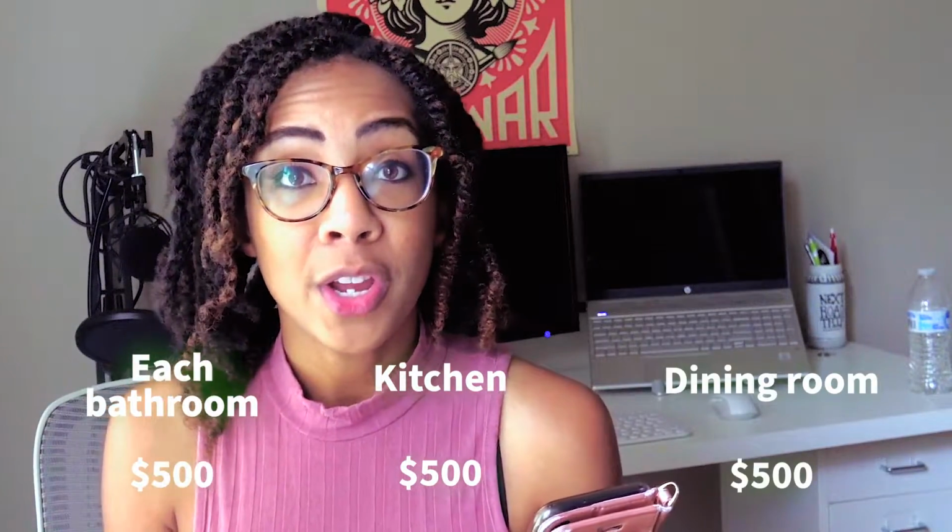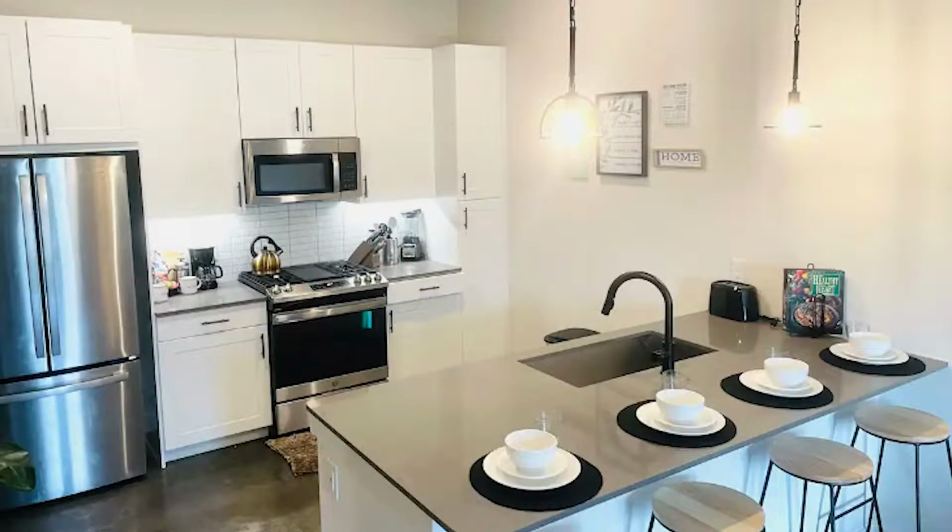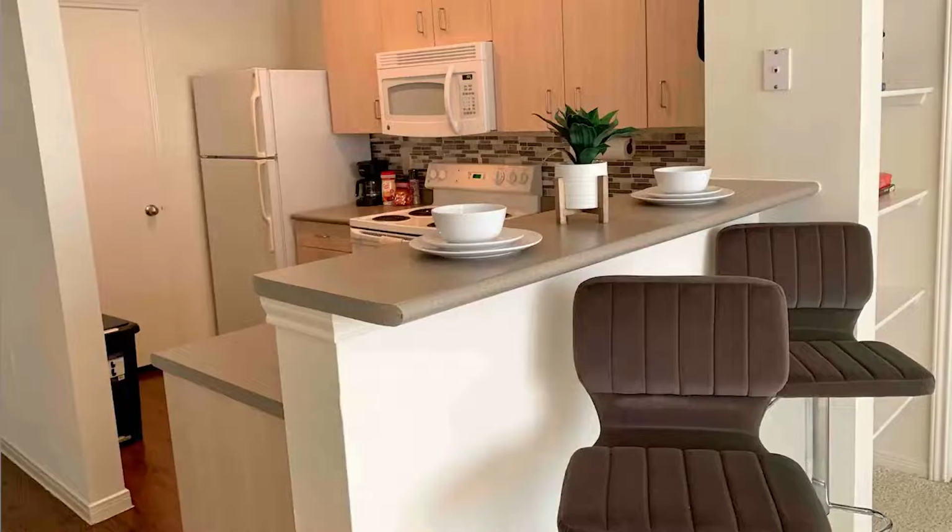Lastly, we're gonna divide up each of the remaining rooms with a budget of $500 each, okay? That's $500 for your bathroom, $500 for your kitchen, and $500 for your dining room. Now this budget is gonna really depend on the size of the room. There's so many variables at play. Like for example, if you have a kitchen dining room combo where you only need 2 bar stools, that's gonna be a lot cheaper to furnish than if you've got an entire dining room that you gotta prepare. Does your unit have a microwave, or will you need to go out and buy one? These factors are going to affect your budget differently, so I suggest you